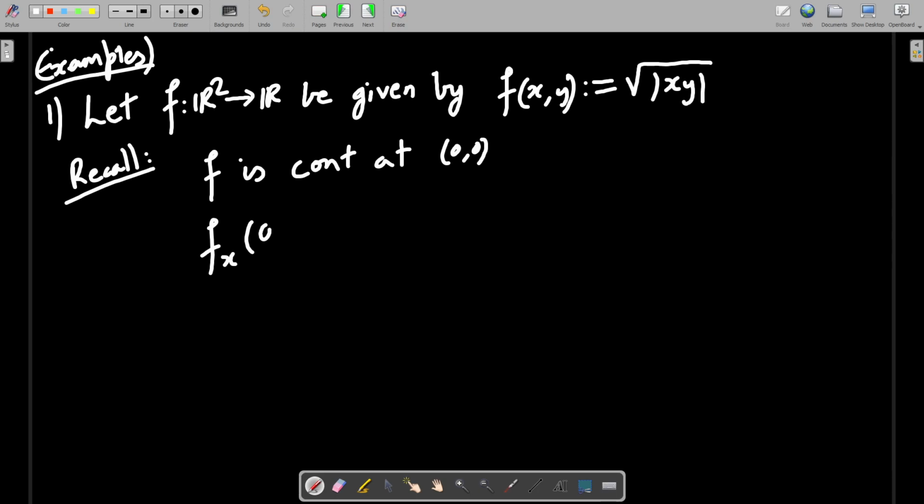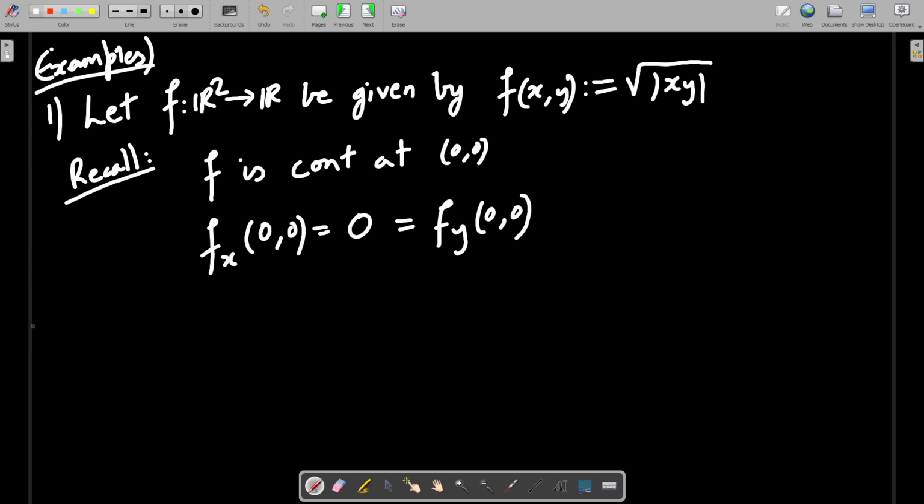The partial derivatives exist at (0,0), and both are 0. Just use the definition over here, you will get the answer 0 in one step. Next,